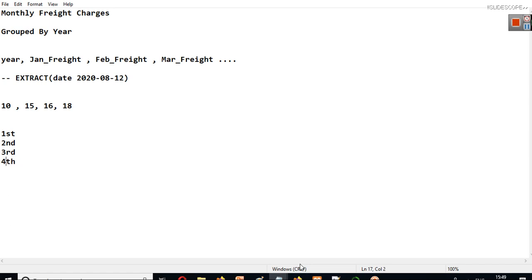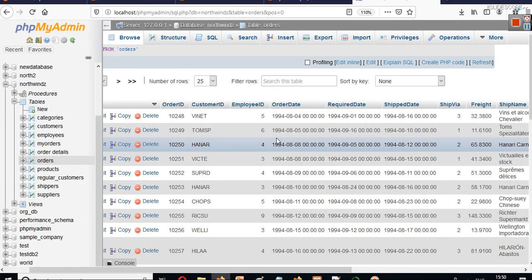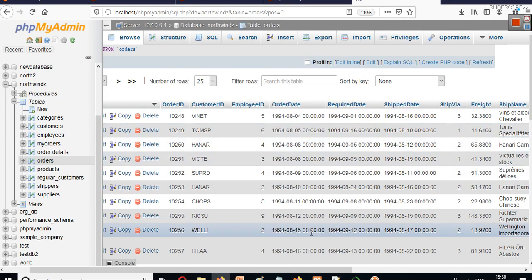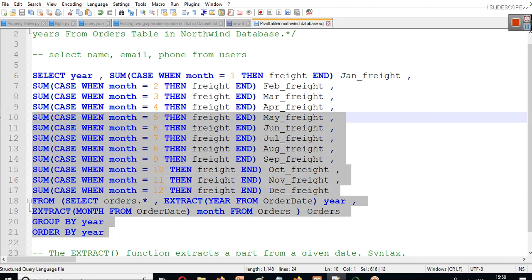So in such cases also, you have classification, and when you have classification in data, you can group them. In earlier examples also you saw that we grouped people on the basis of city, and then we counted them, right? We counted how many people are there in every city, and then we also mentioned the name of that city. So city can be a data of classification. Whenever we have classification in data, we can group our records on the basis of this classification. Now it's time to run this query.